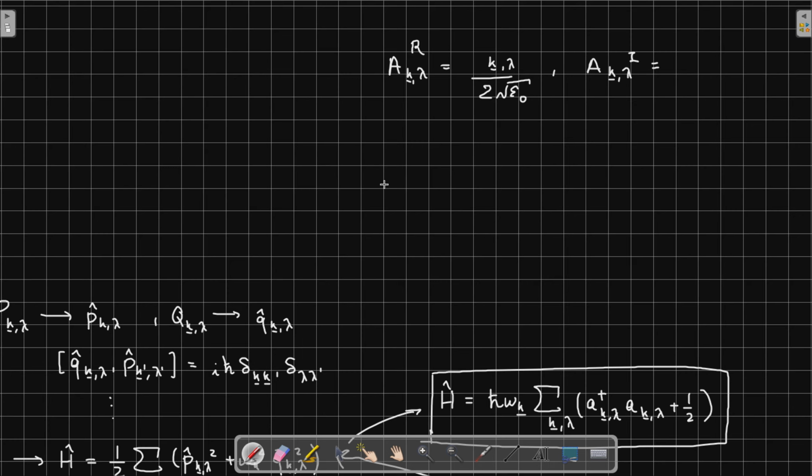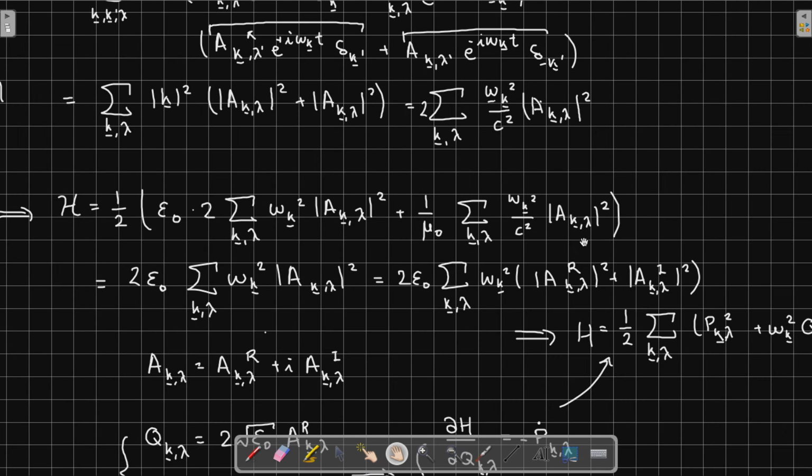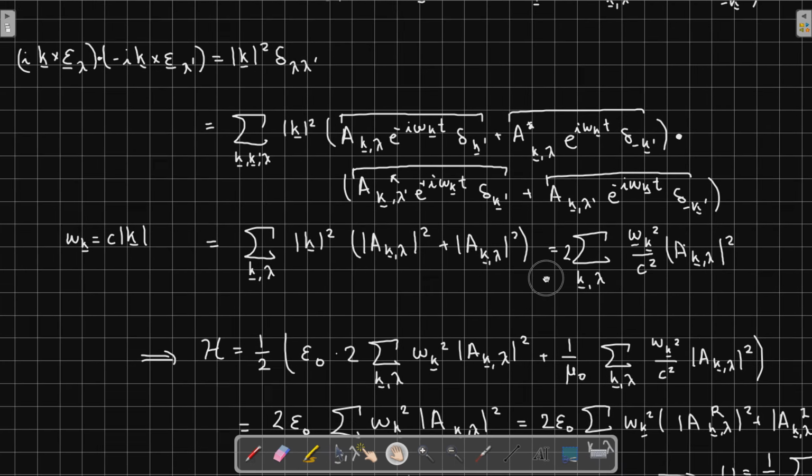So this amplitude now turns into an operator. So similarly, this imaginary part is the momentum operator over 2ω_k square root of ε0. So if I plug these expressions into my original expression of the vector potential, right? So if I plug them into here,